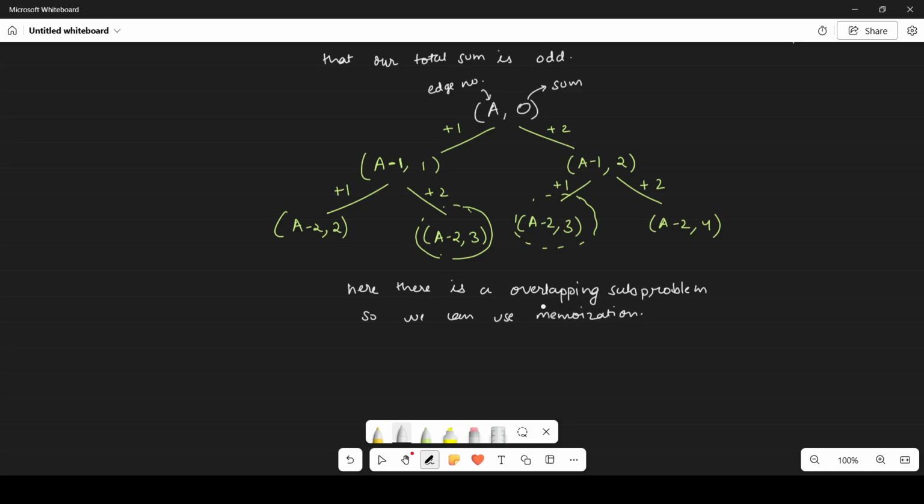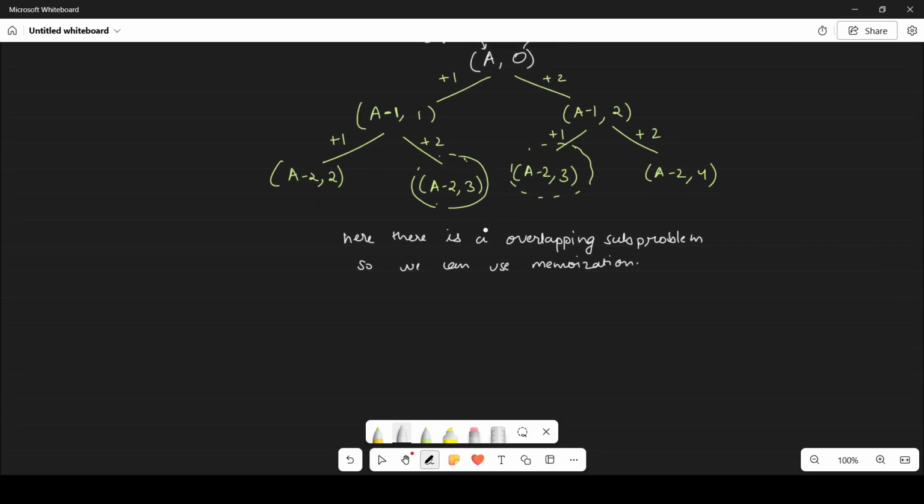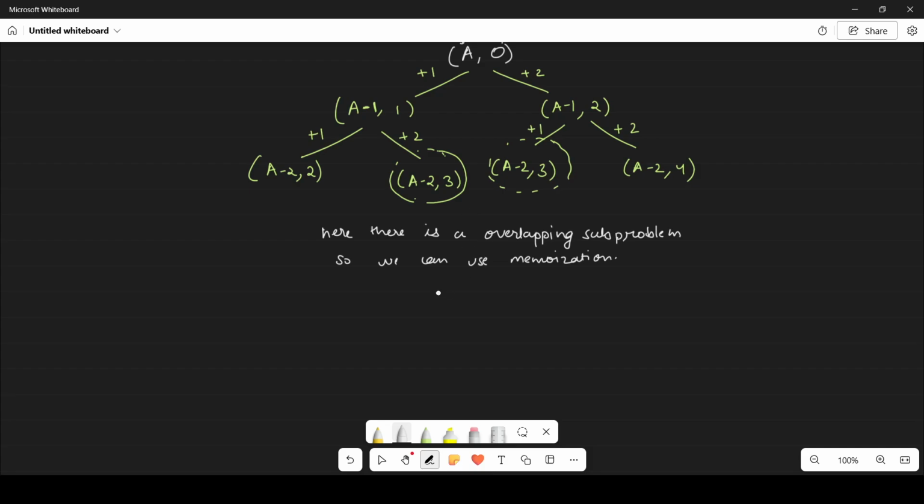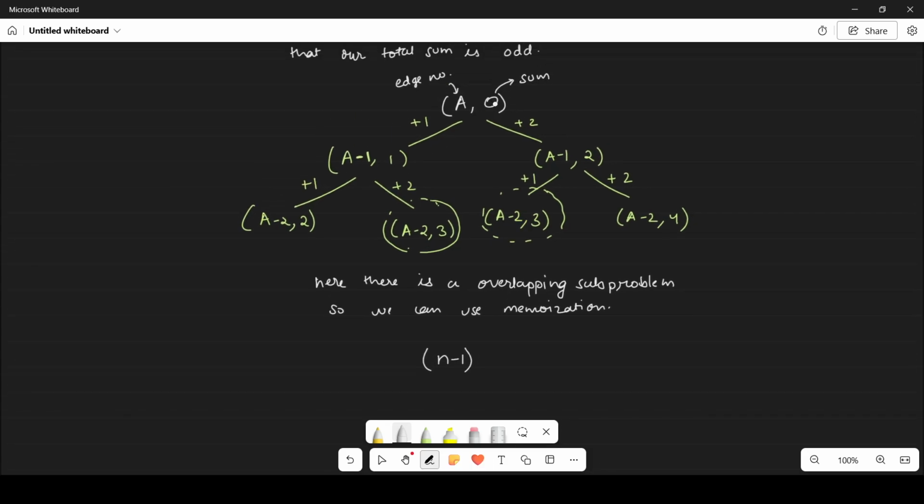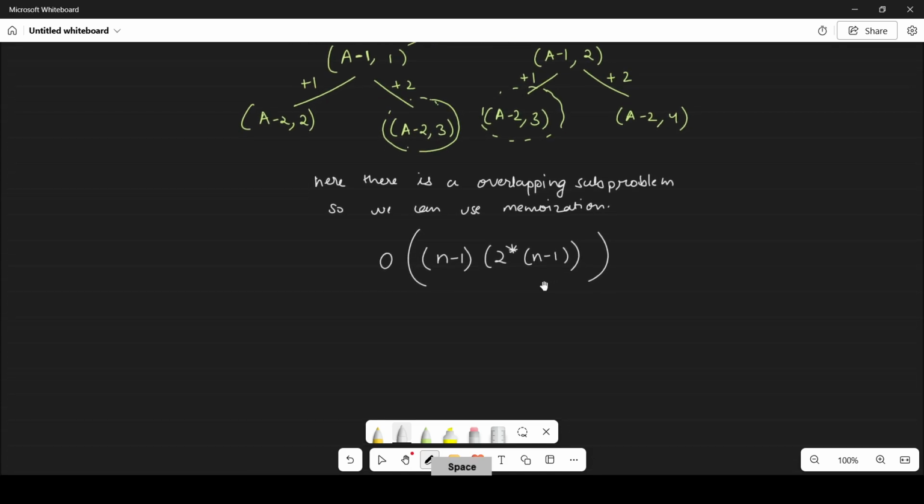Now let's discuss the DP size. For the first parameter a, the number of edges in the worst case can be n minus 1, and the second parameter sum can also become approximately n, because every time you either add 1 or 2, so the worst case becomes 2 into n minus 1. Let's say you assign 2 every time till n minus 1 edges, so the space required for this DP table is